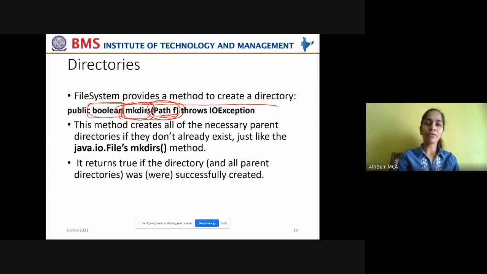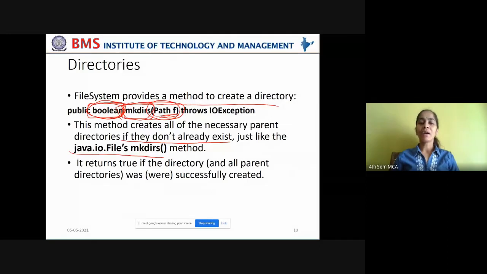For that, you have the return type as Boolean. Now this method creates all of the necessary parent directories if they don't already exist, just like the Java IO File's mkdirs method. You also have a mkdirs method under the File class of the IO package.